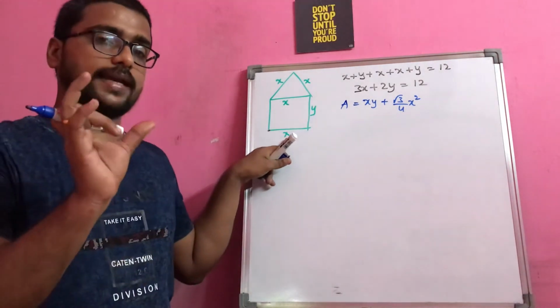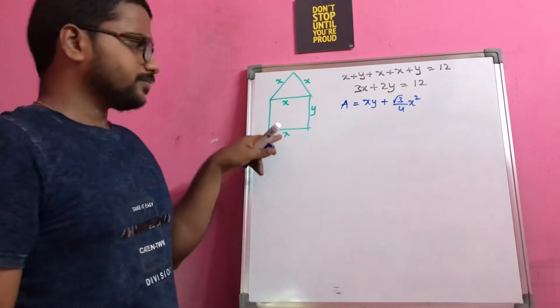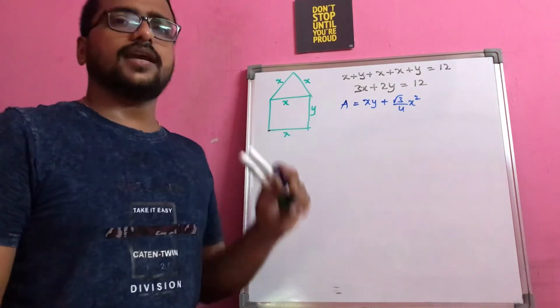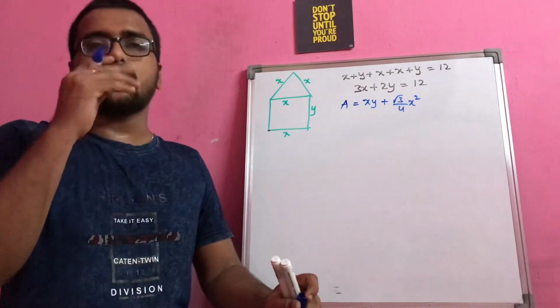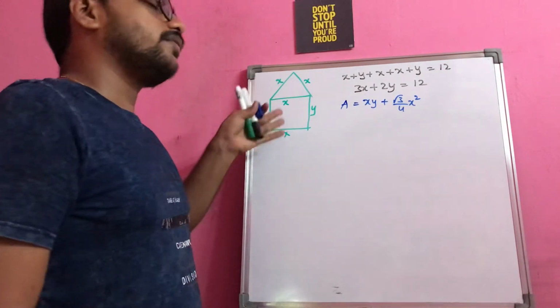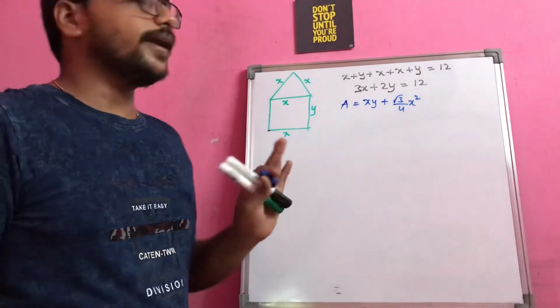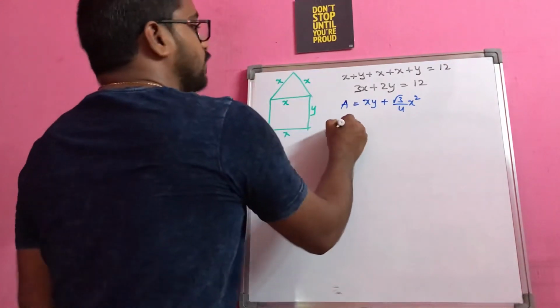That means the length of the rectangle I am taking as x, because there is no diameter for the case of a triangle and there is no such component, because of which my work will be simple even if I keep it like this, right? So here again I am having two variables.